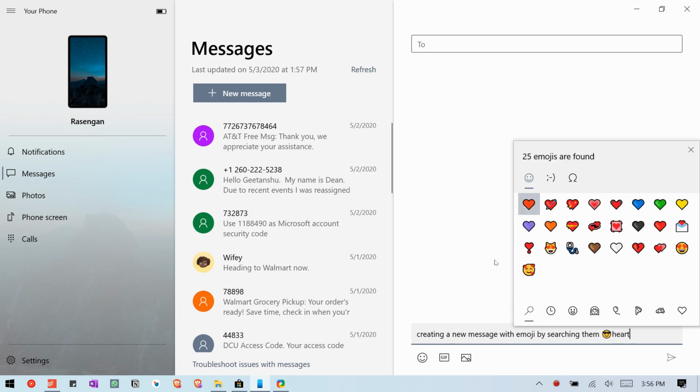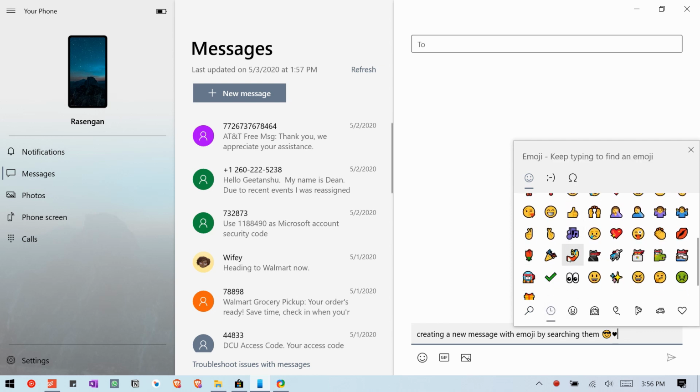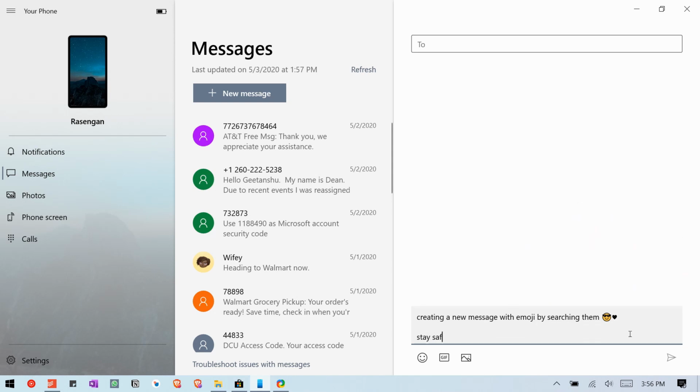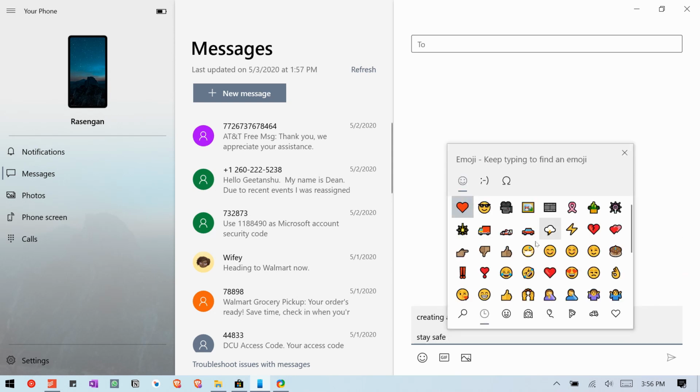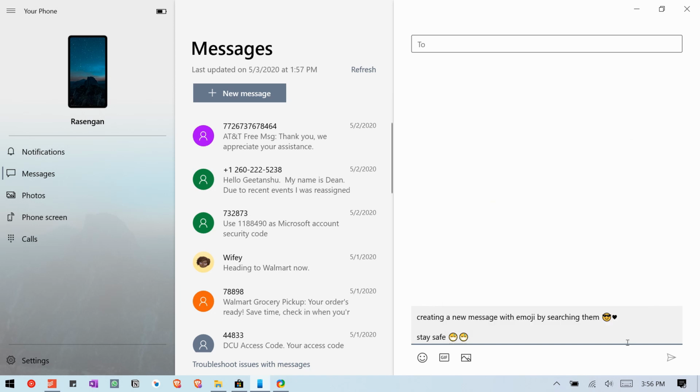But you don't have to scroll through the giant list to find the perfect emoji if you don't want to. Instead, after pressing Windows key and semicolon, you can just start typing to search through the list of emojis. And once you start using it on a daily basis, it will keep the most recently used emojis on top of the list to make it easier for you to select them the next time.